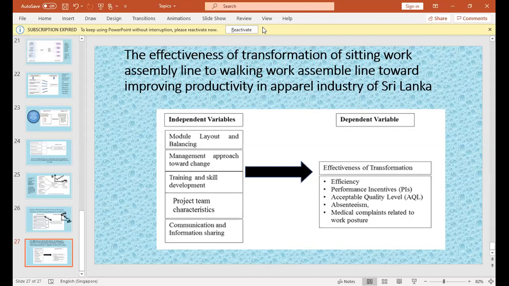So here you see, this is looking at how the sitting work assembly line, when it is transformed to the walking work assembly line, has it improved the productivity? So we asked from each respondent to what extent that particular person was fitting along with this transformation, and has it improved the efficiency